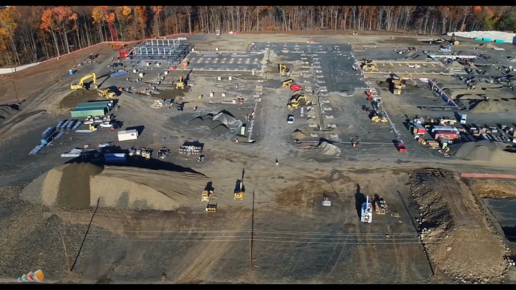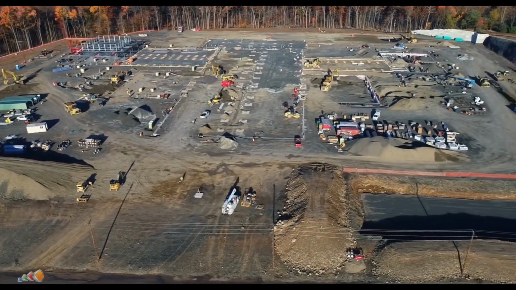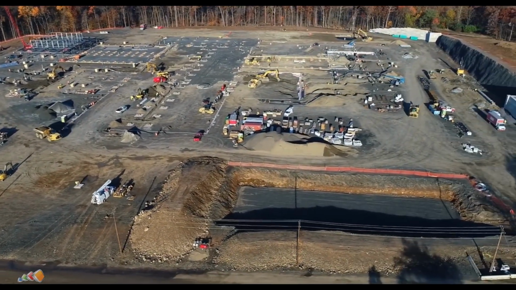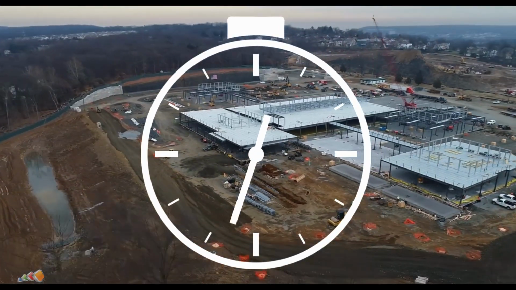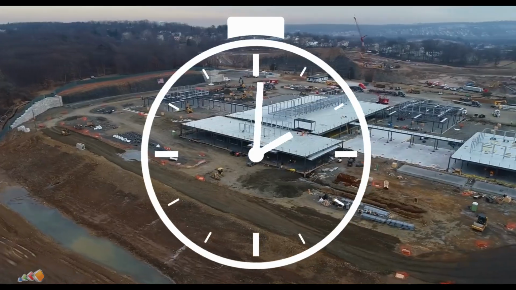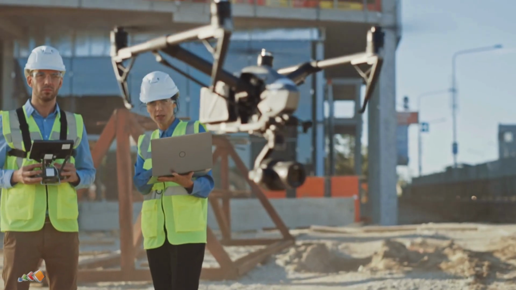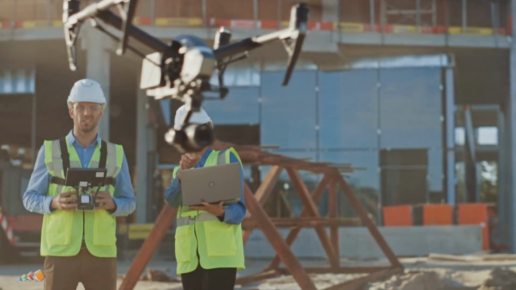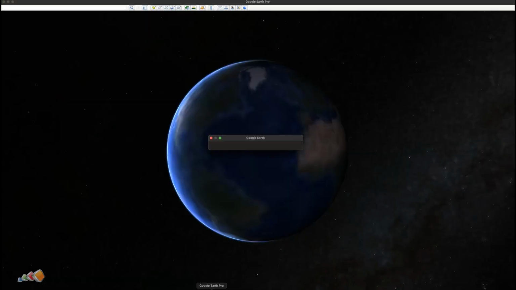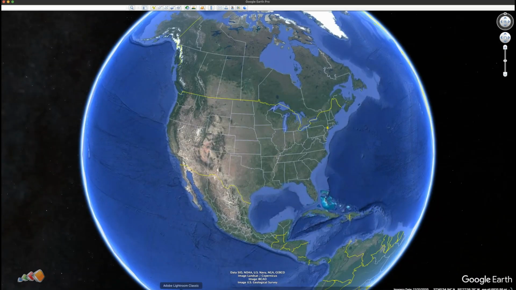As a professional drone service provider, you want to ensure you capture exactly what the client needs every time. But time is money, so you also want to be efficient and spend as little time on site as possible. The key to that is preparation, and one of the best tools around to help you prepare is Google Earth Pro. Google Earth Pro is an incredibly powerful free tool that every drone pilot should know, and in this video